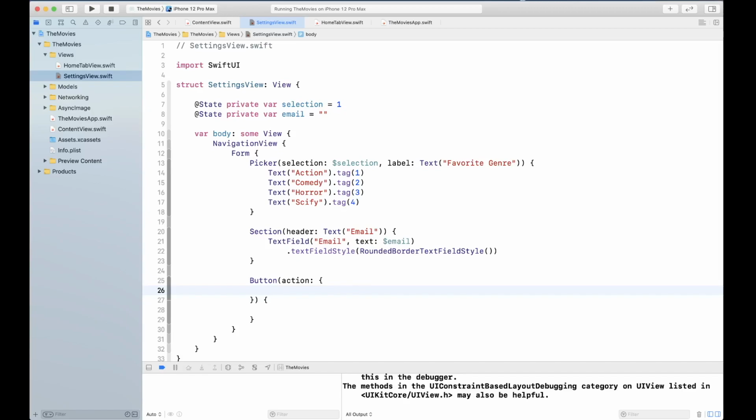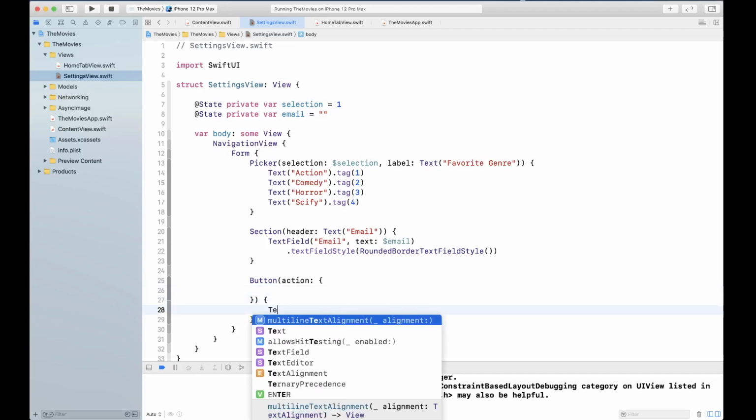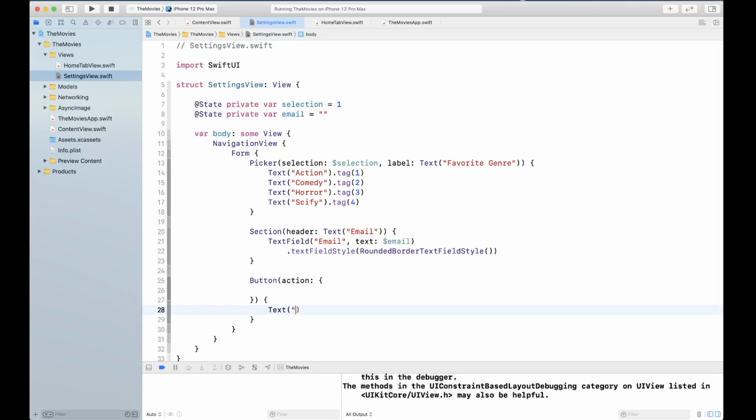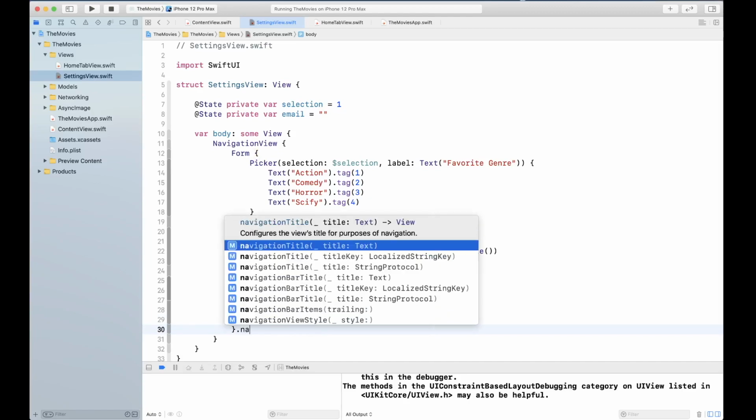Let me leave that out for a minute because I want to show you first the default behavior. So I'm going to leave it blank and I'm going to simply say its view is going to be a text called save. Okay, and now we can give this navigation view a navigation